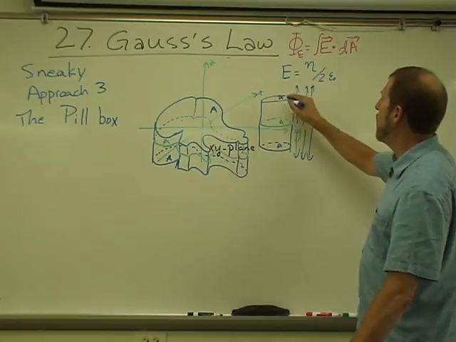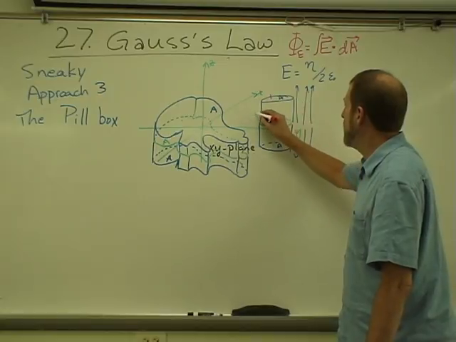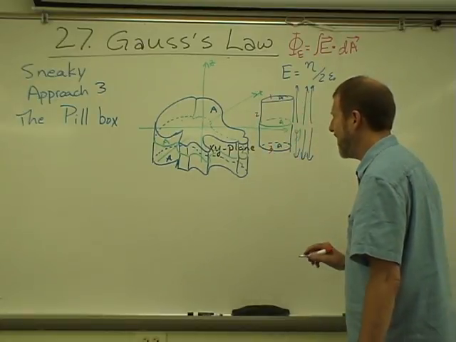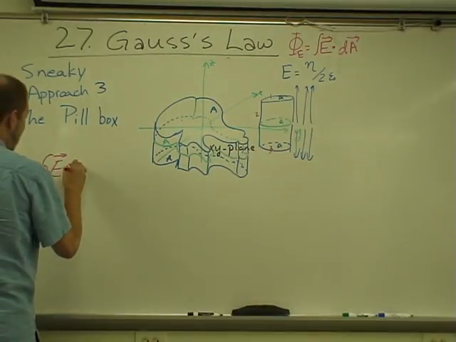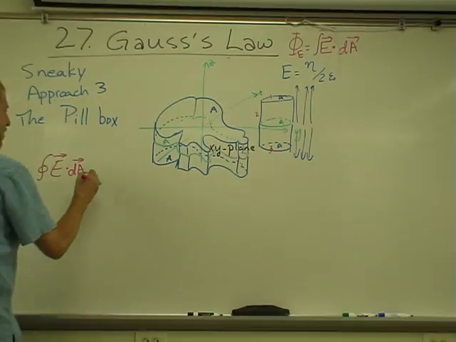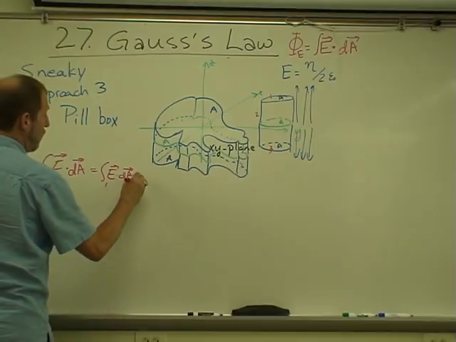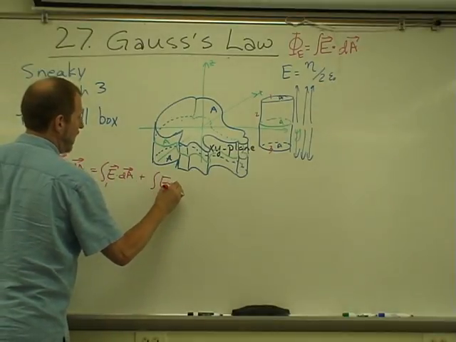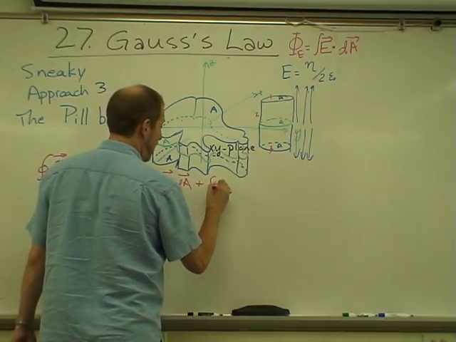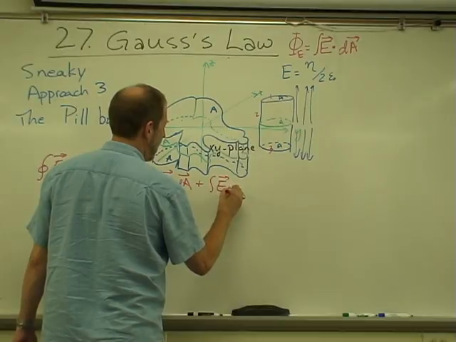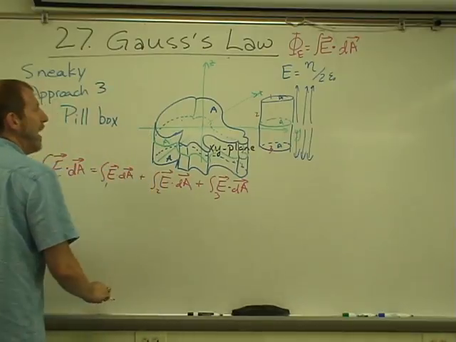So, no matter what this is, first off, I've got 3 sides. Side 1, side 2, and side 3. So the integral over the 3 sides is equal to the integral of E dot dA over side 1, plus the integral of E dot dA over side 2, plus the integral of E dot dA over side 3, and